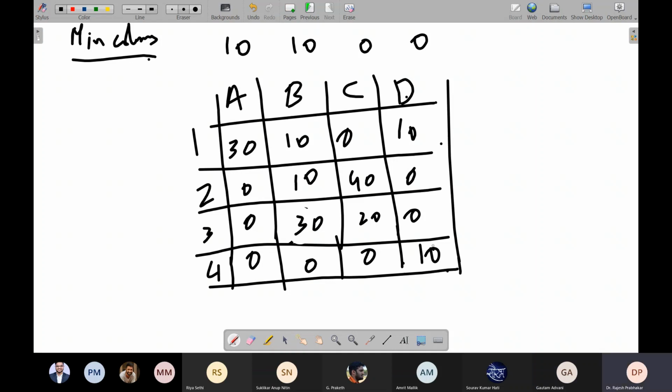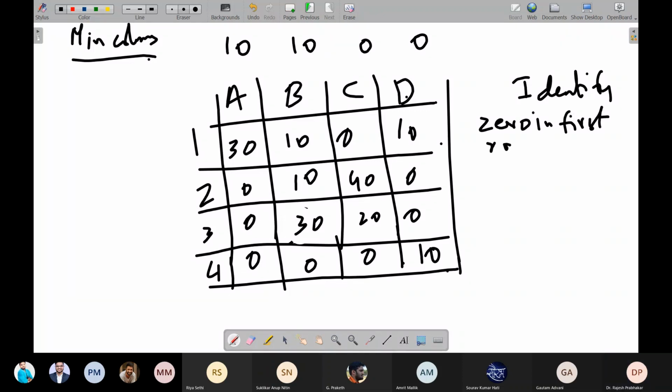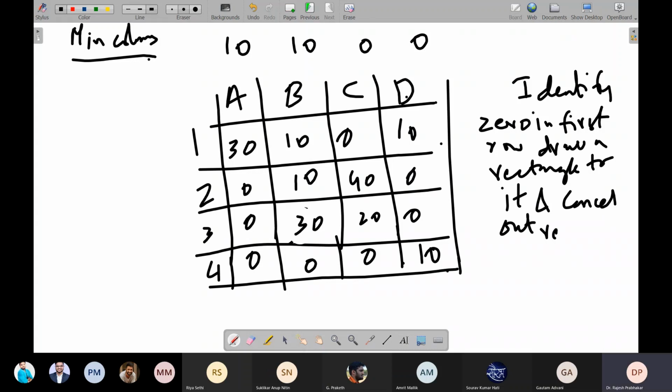Now we will identify the 0 in the first row. Draw a rectangle around it and cancel out the remaining zeros in the column.